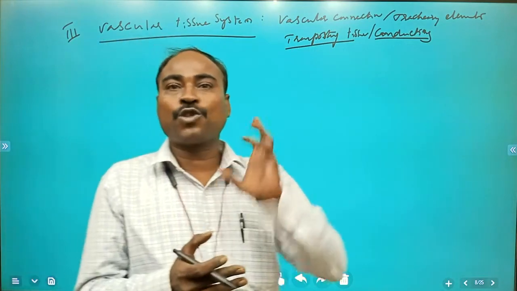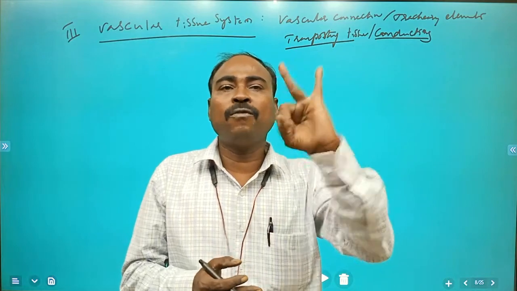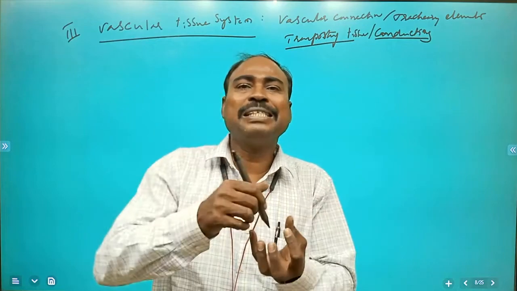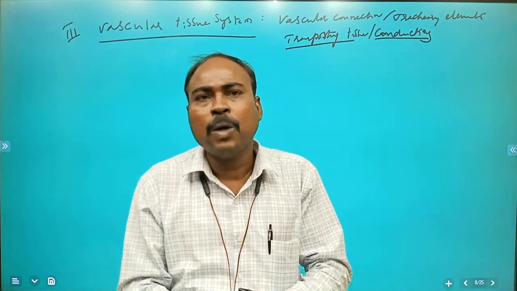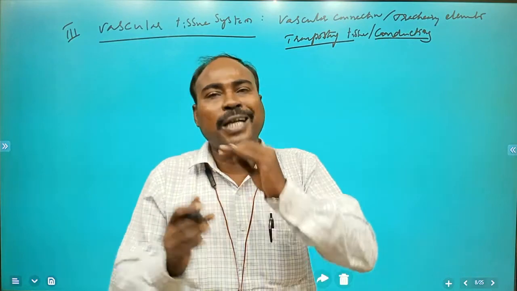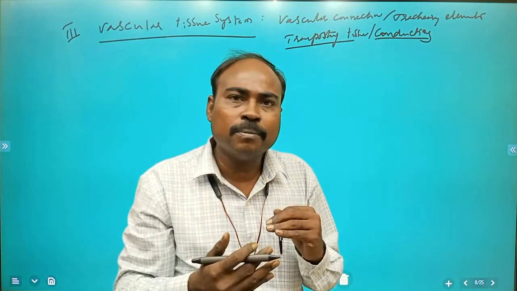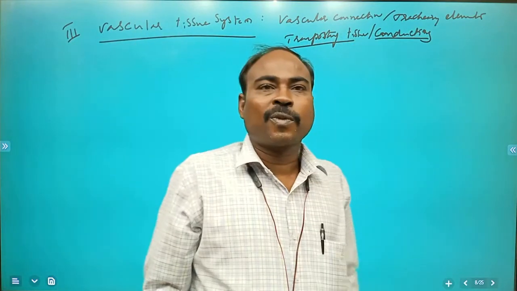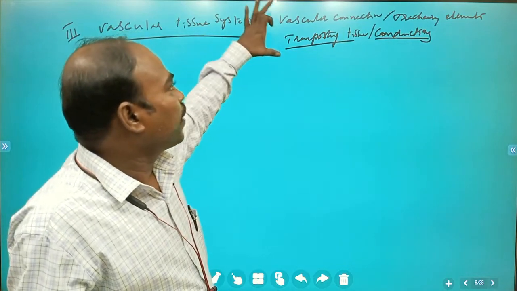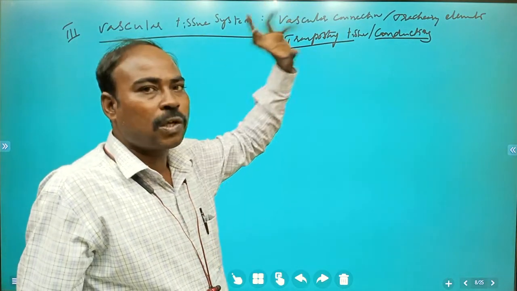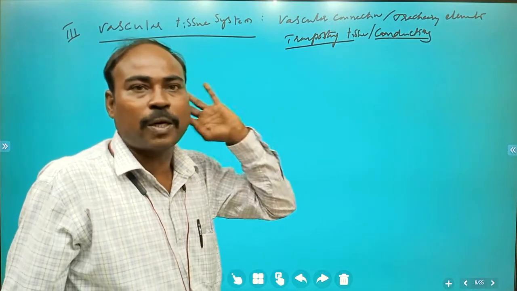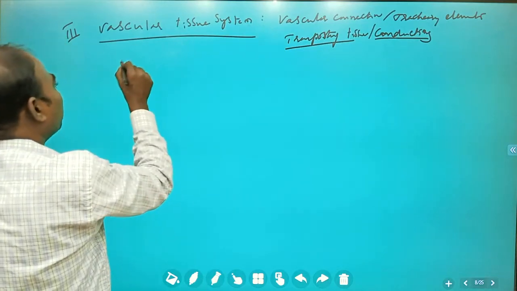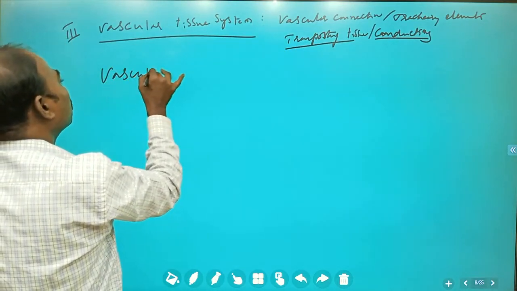We already discussed the complex tissue system, that is the xylem and phloem. The xylem and phloem are the complex tissues present in the centralmost part of the root and stem, which participate in transport of water through xylem and translocation of food through phloem. So the vascular connections, that is structural elements or conducting tissues, are in the centralmost part: xylem and phloem. This vascular tissue system is otherwise represented as vascular bundles.